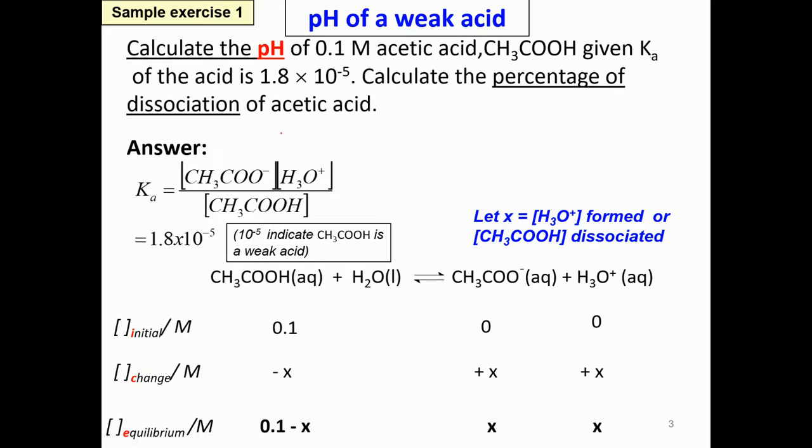Now, let's start with one example. First, calculate the pH of 0.1 molar acetic acid, CH3COOH, and then given Ka. Okay, we solve the first part first. When we look at Ka, the equilibrium constant for acid dissociation constant, we write down